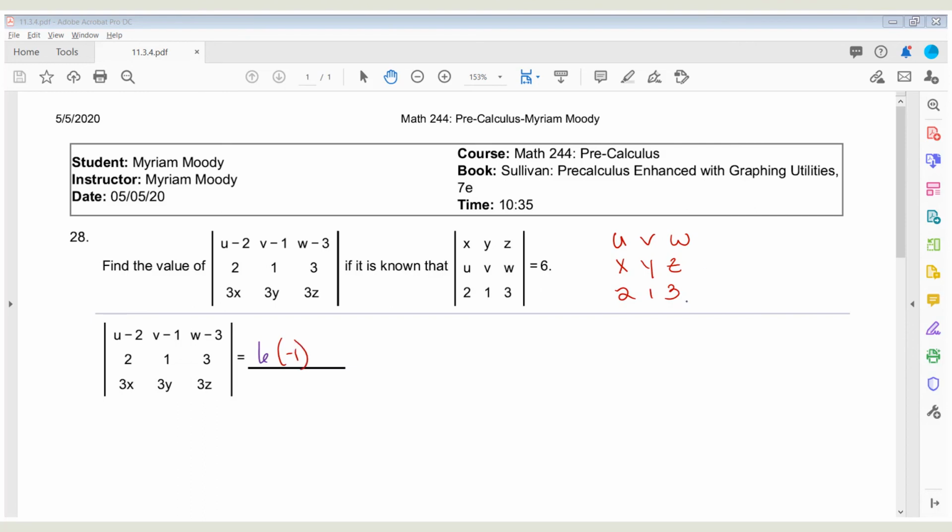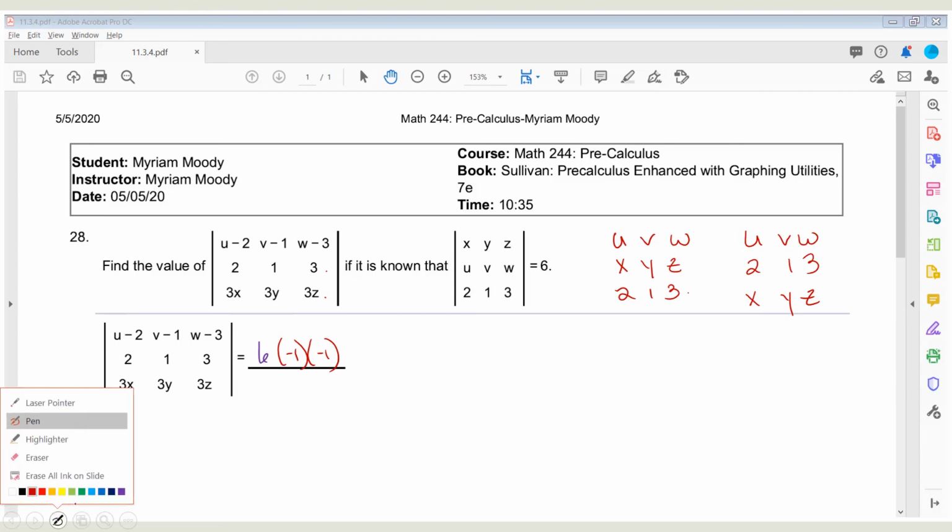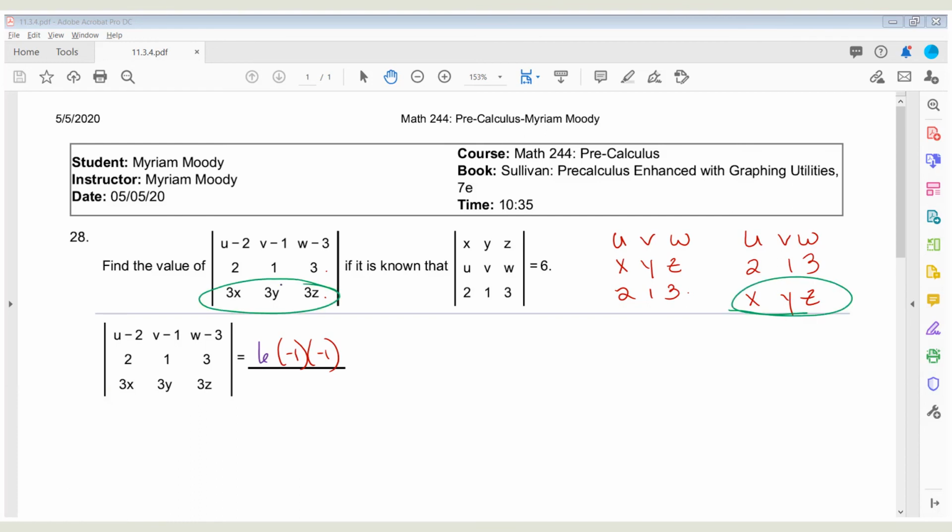But then it looks like the X, Y, Z went to the bottom, didn't it? And the 2, 1, 3 went to the middle. So U, V, W still at the top, 2, 1, 3 in the middle, X, Y, Z on the bottom, which means another row switch. So another multiplication of negative 1, yes? Okay. It looks like, let's see, it looks like X, Y, Z got multiplied by 3, didn't it? Well, then this guy's going to get multiplied by 3. Okay, and last but not least,